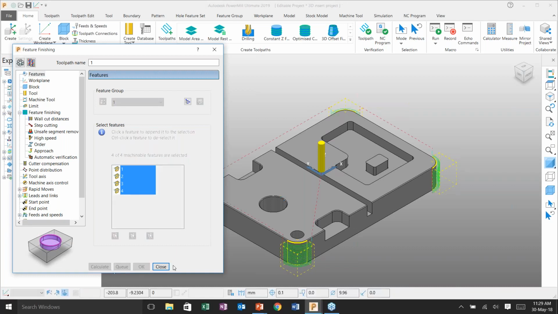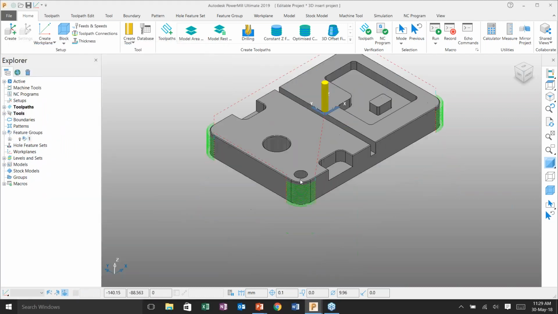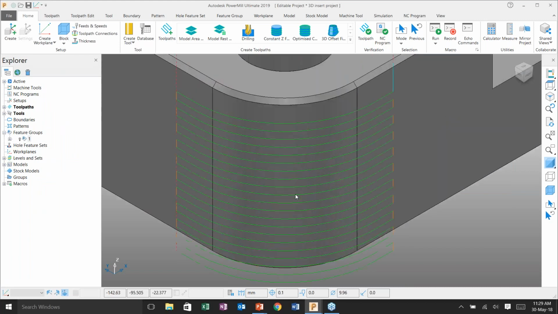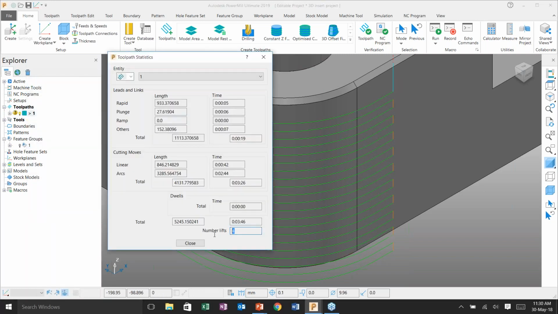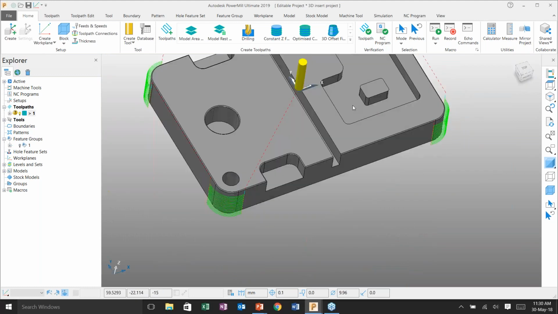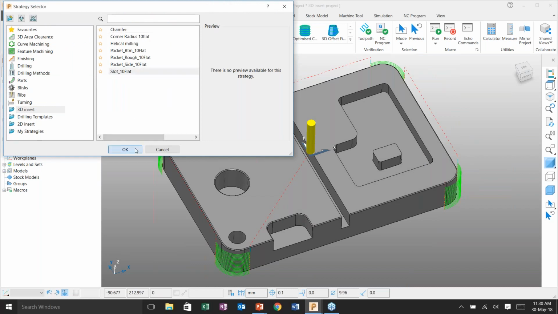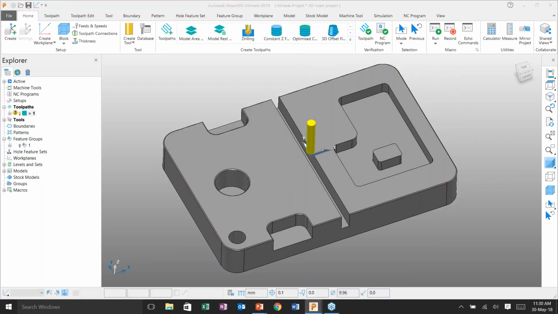If you see within this toolpath, I just close my feature group here. The toolpath takes this format. There is no jumping within the toolpath segment. It is continuous movement, any direction milling. If you see the statistics of this particular toolpath, there are only 4 jumps within the toolpath. So it is also very easy to create a corner filleting in this fashion. Next I am going to move to the slot machining, similar to 2D, but here